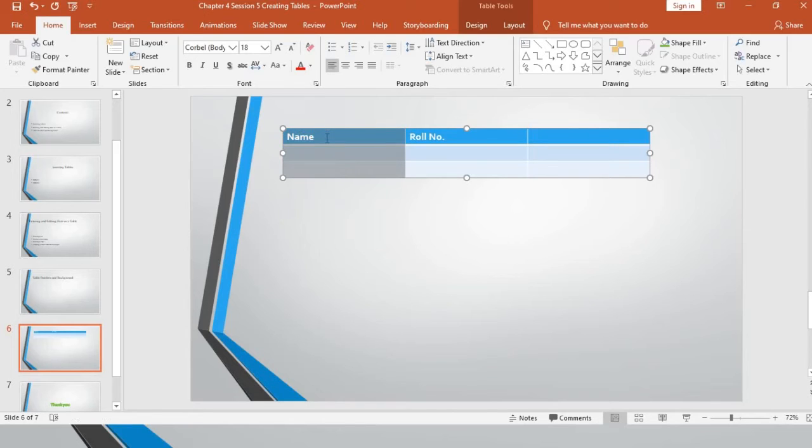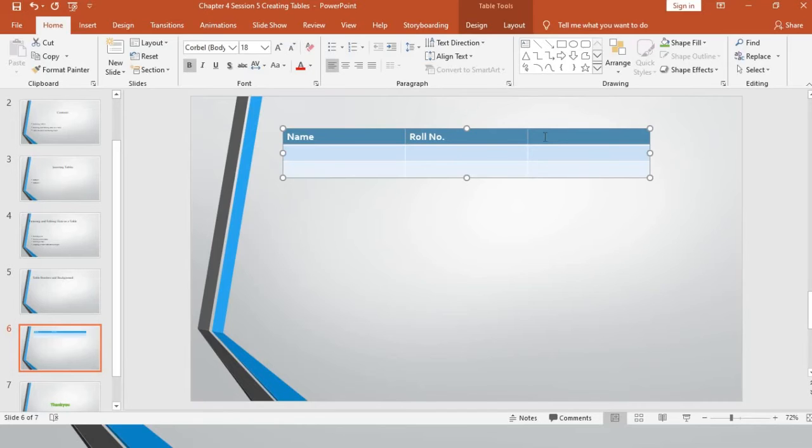With the help of the left mouse button, just start from one end and drag your mouse button to the other end. Okay, so in this way you can select a row, and with the help of a mouse, from the beginning till the end, you can select cells as well, and you can select a column as well.